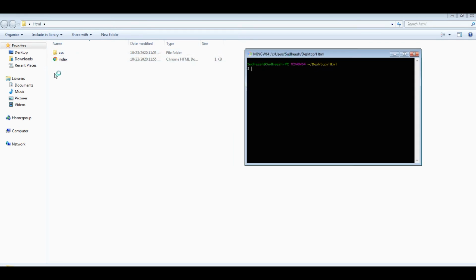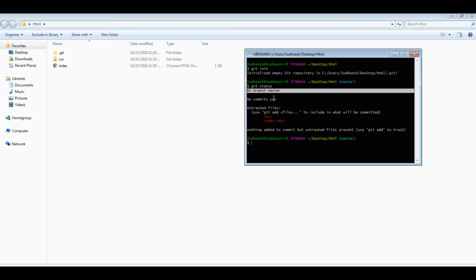So when we come here, the software is not initialized first. So we want to first initialize that. Git init is the command to initialize first. So the software is initialized. You can see here the Git is initialized. So first of all, we want to add all the files to the staging area. First we can see the status of the staging area.